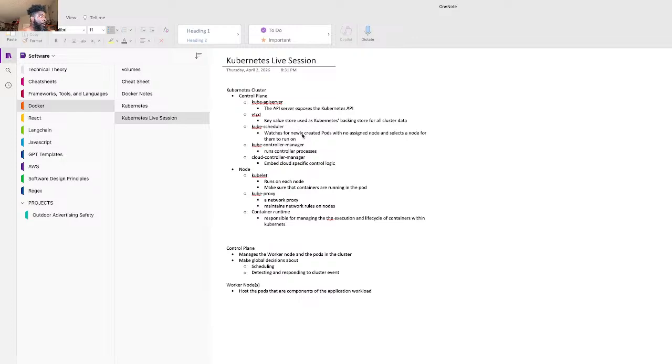was I downloaded kubectl, and kubectl was necessary. So let's go to kubectl, install kubectl, right here.